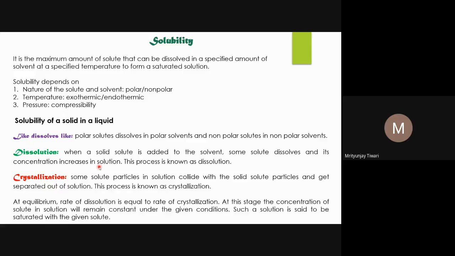While interacting, what happens if the interaction between solute and solvent particles is stronger, or similar or comparable to the interaction between solvent and solvent? Then the solute particles start going into the solution. Going into the solution means that initially one particle of solute was surrounded by only solute particles, and similarly solvent particles were surrounded by all solvent particles. Now, going into the solution phase means one particle of solute will be surrounded by many particles of the solvent, because solvent is in excess. Similarly, the solute particles are now separated.